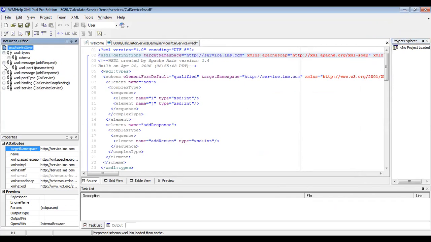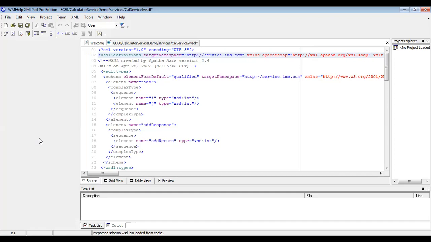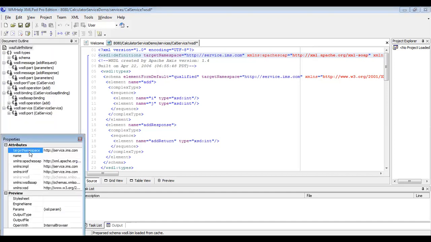Expand the WSDL tags, and see here you will get the properties of the interface and different tags. This is the XML file, which you can edit with the help of this XML editor, properly indented. You can convert this file view into grid view.